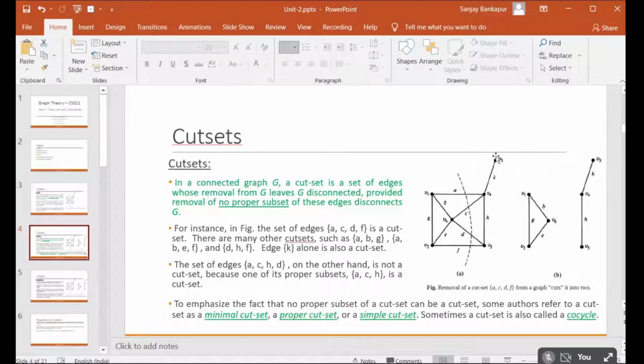For example, V3, or if I consider V1 as an example, in any spanning tree you take, V1 will be traversed. So there will be an edge. If I have n number of spanning trees, in any of those spanning trees, definitely this edge will be a part of a particular spanning tree.